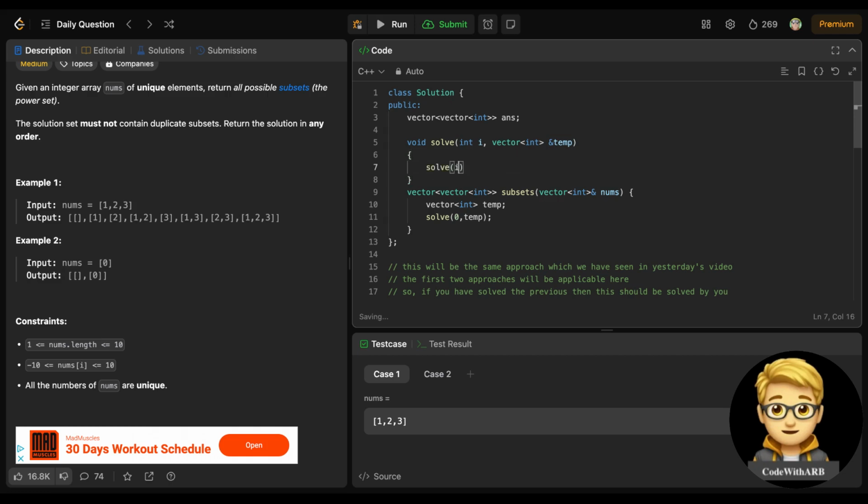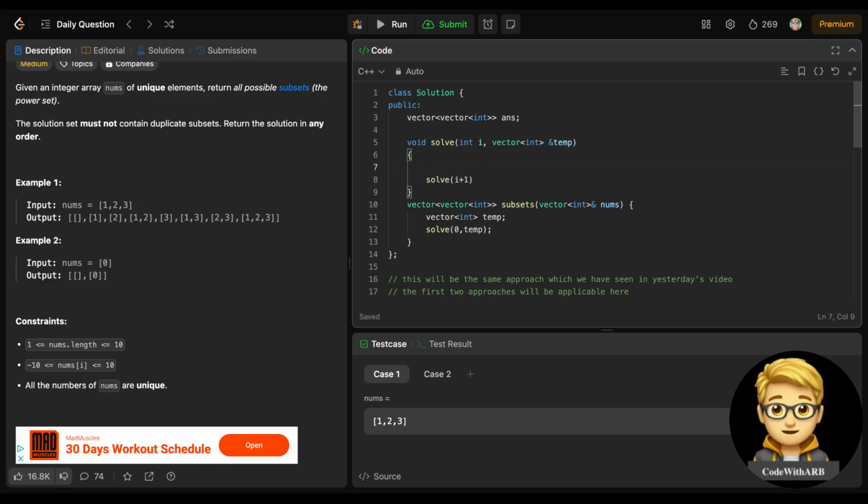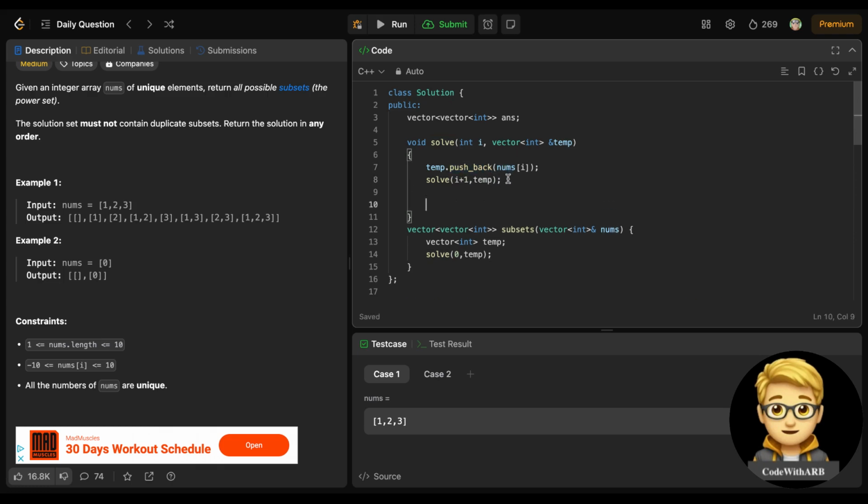If I include it, the first thing I will do is push back the current nums into my temp, and I will increment the index. So I will include it, and for excluding it, I need to pop back for backtracking.